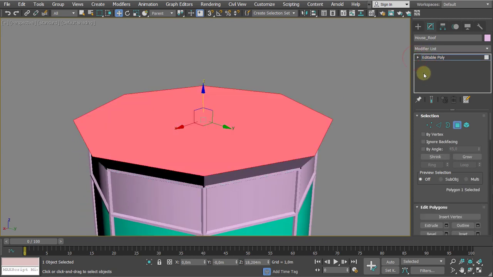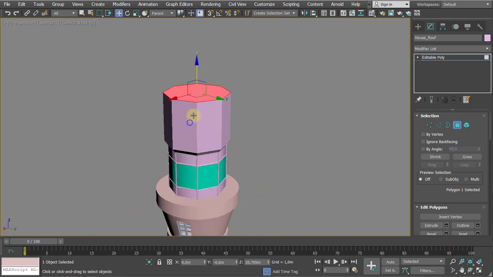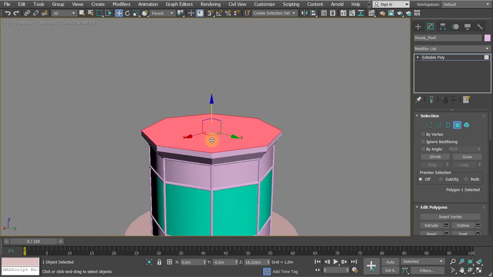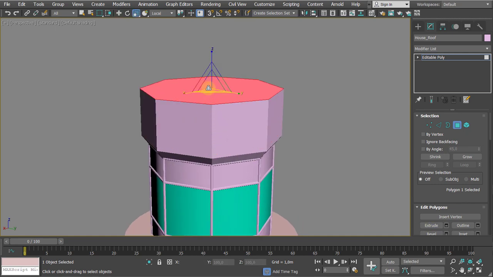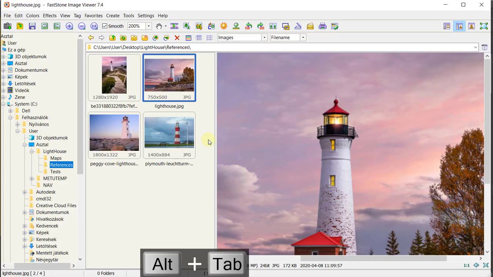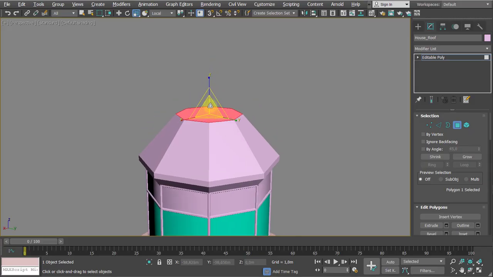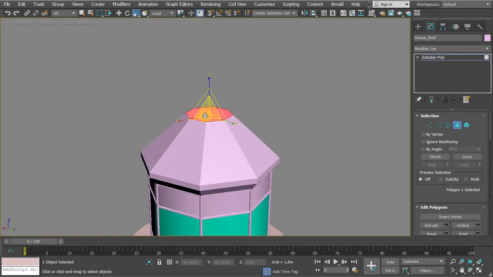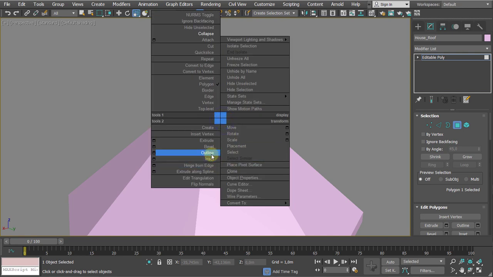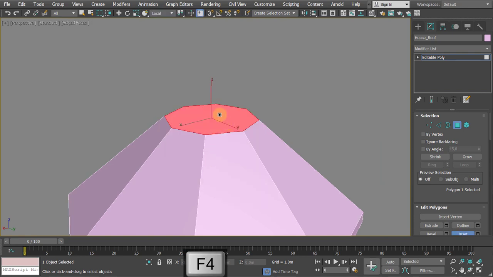Alright, so let me switch back to this polygon mode, Shift E again, extrusion, and now we have this edge that's running around, and extrude again, and now we are shrinking down a bit. So let me check my reference images. Okay, there's nothing happening here, just shrink it down, and now switch to an inset, and inset will help me